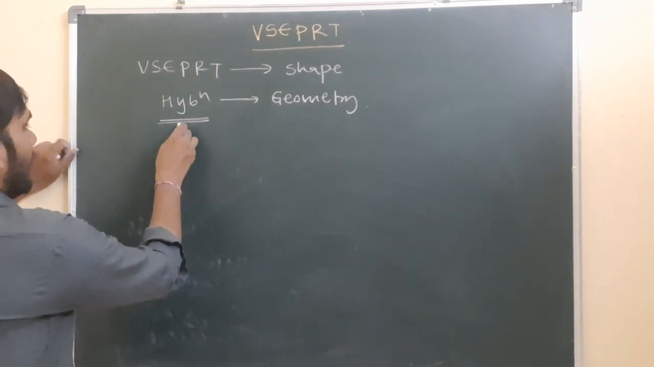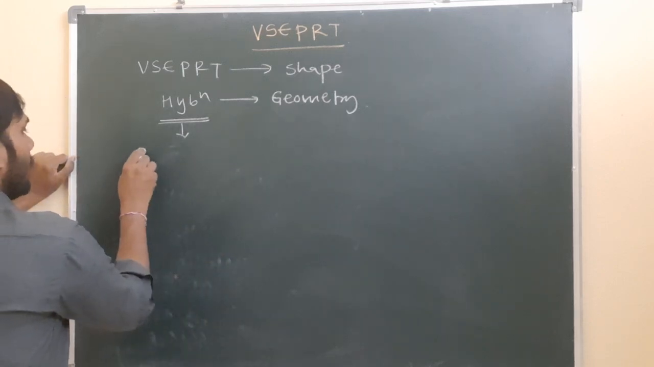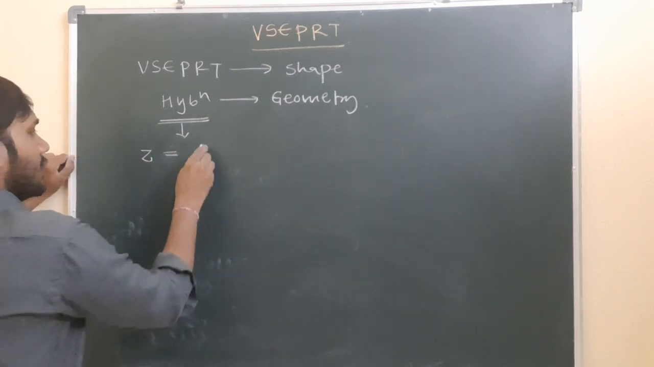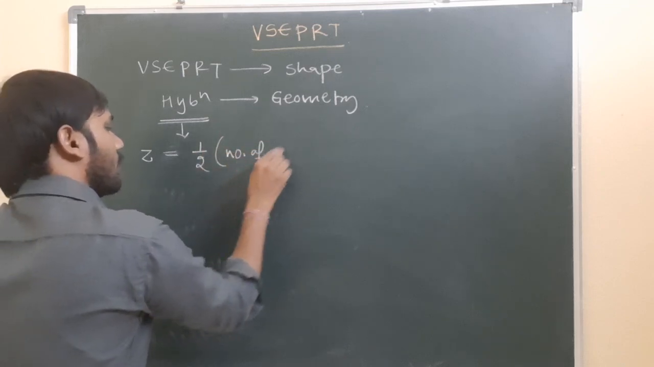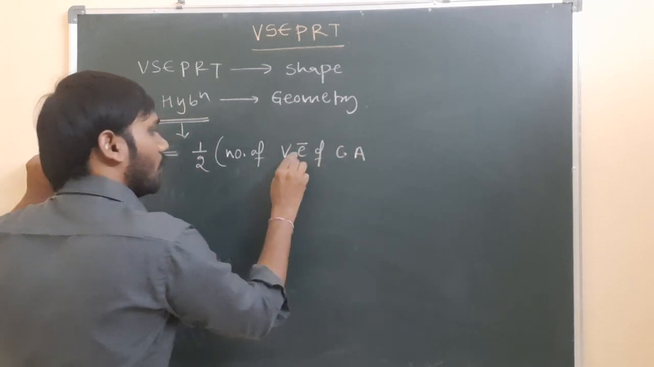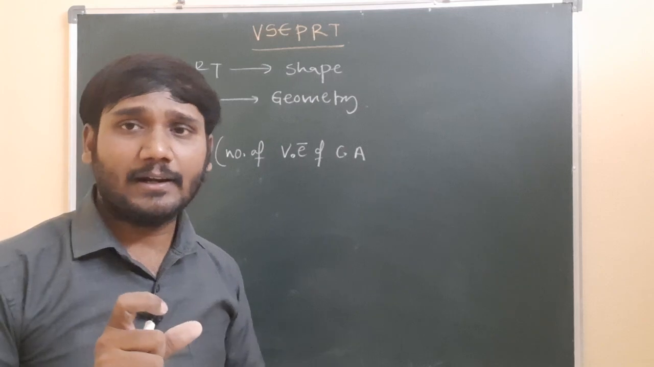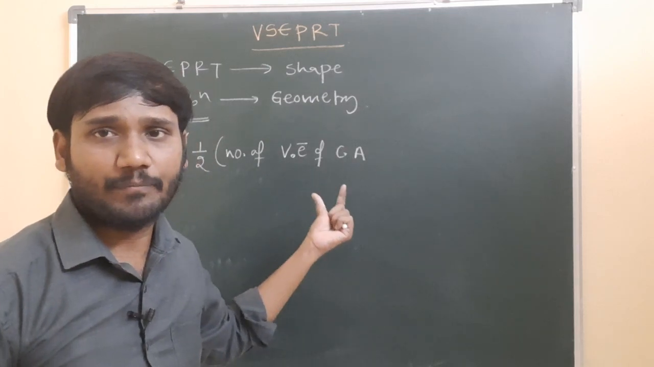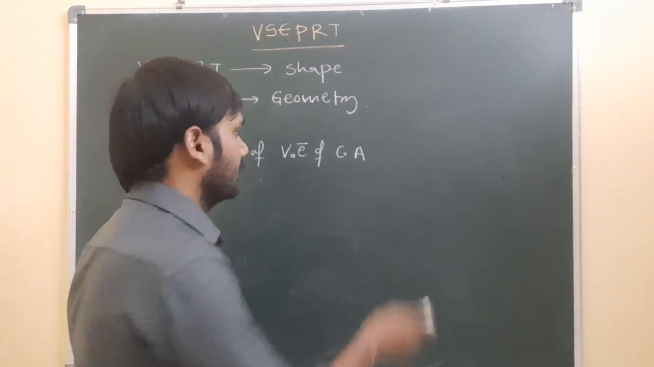First, hybridization. How can you identify the hybridization for a given molecule? The formula to identify the hybridization is Z equals half into number of valency electrons of central atom. Whatever molecule we are taking, a central atom is present and the central atom has valency electrons. So number of valency electrons of central atom minus